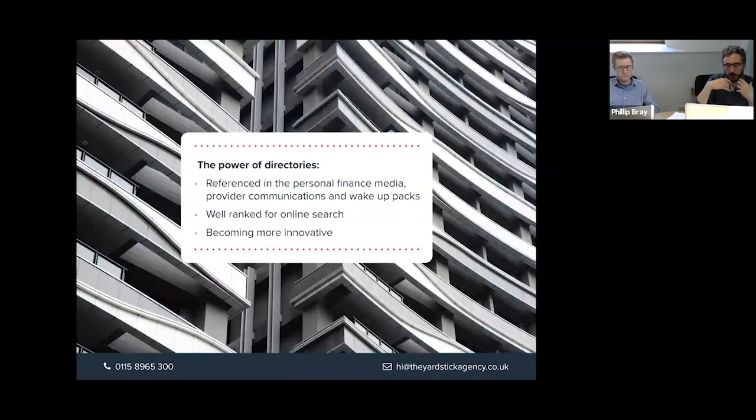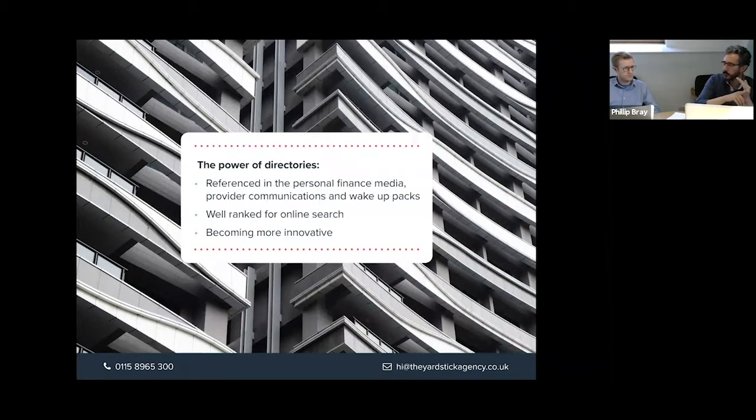Okay, so do you want to talk briefly about the power of directories? We all know, and we'll talk about this a bit more later, the best type of new inquiry is a referral or recommendation. They're already pre-sold on you, they've probably got an immediate need, and they've heard good things from the person who's referred them on. So no debate that a referral or recommendation from an existing client or professional connection is by far the best type of new inquiry. However, directories can provide the icing or the cherry on the cake, depending on how you look at it. And they're hugely powerful things, especially Unbiased and Vouched For.